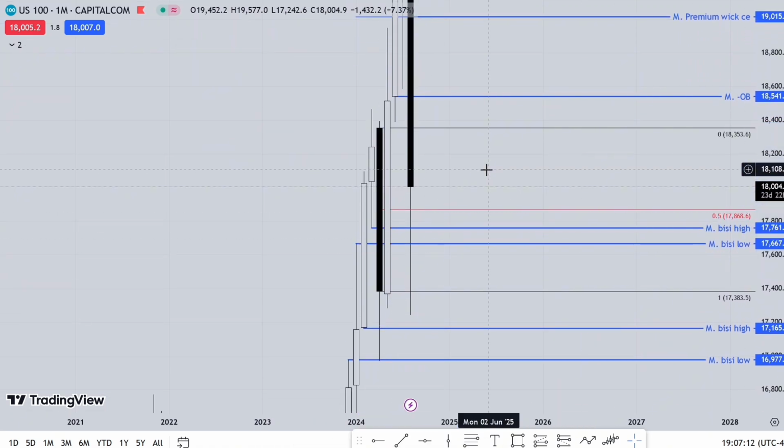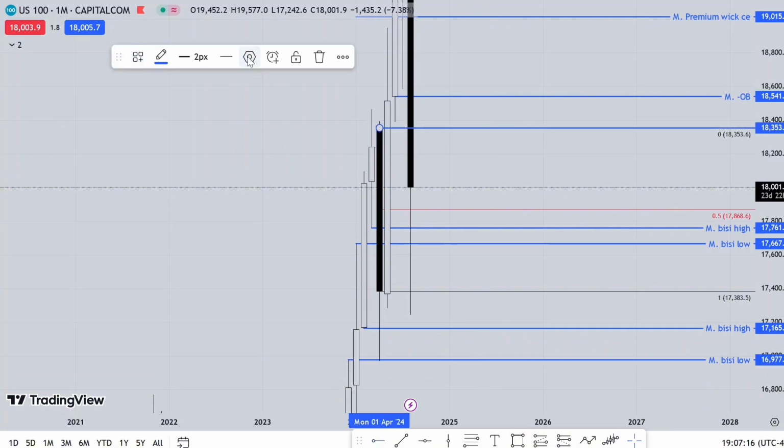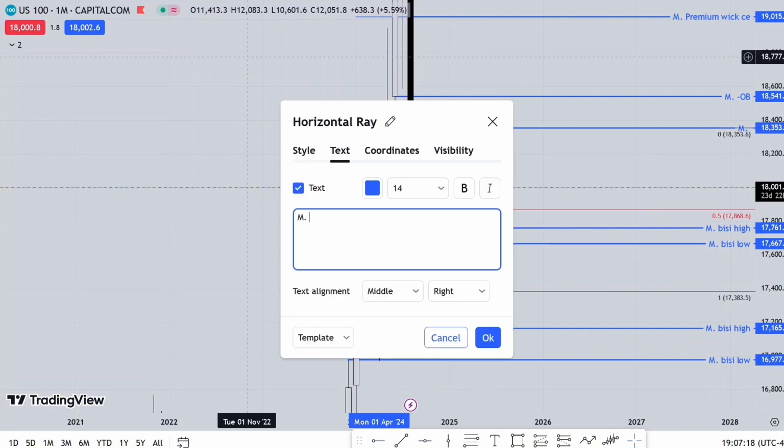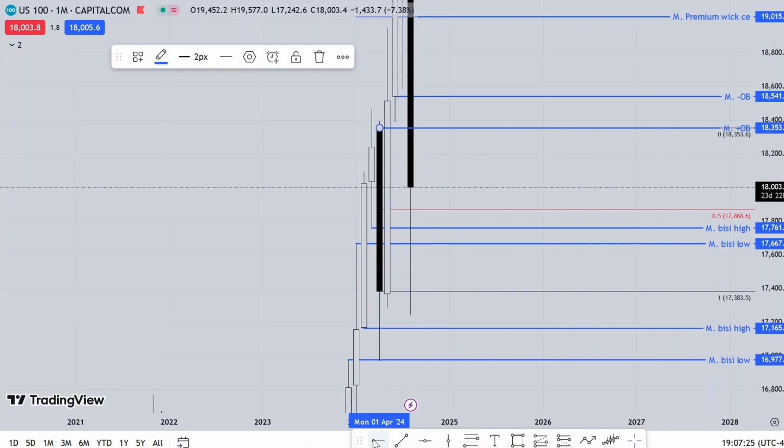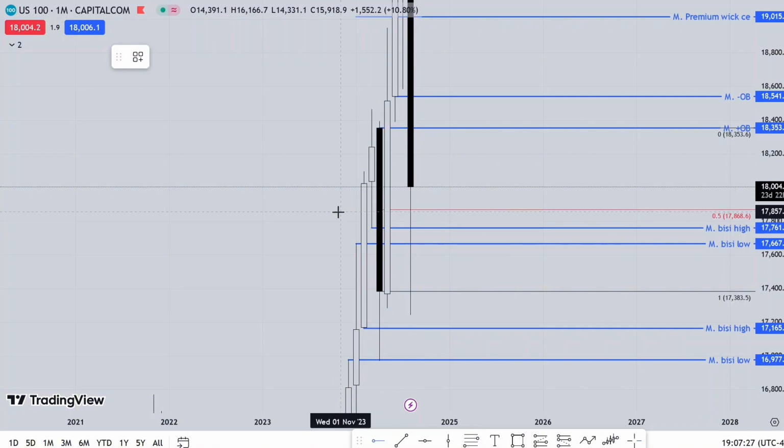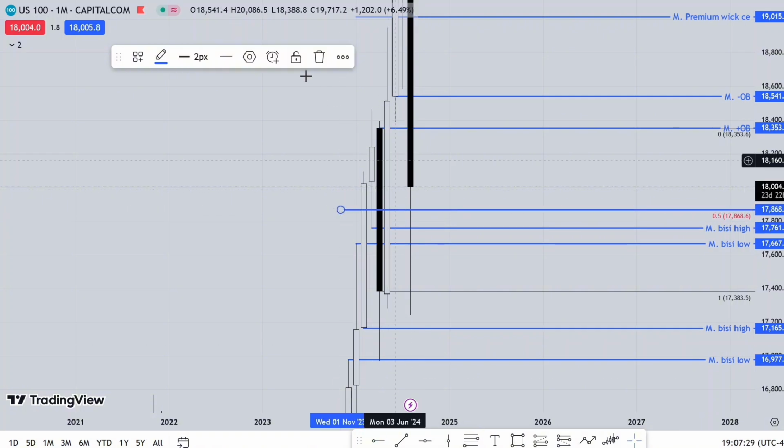So here, label it monthly bullish order block, and at the middle of it, this mean threshold, the middle of order blocks,